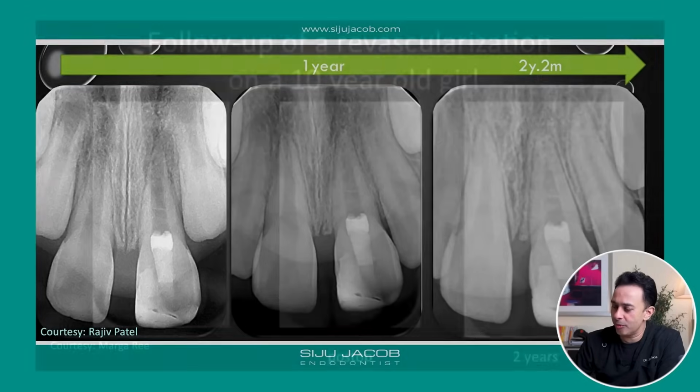But on the other hand, you can also get failures, okay? And this is from a very good clinician, Marga Ree, a mentor rather than a friend, someone whom I look up to. Marga did a lot of revascularization cases, and she compared her follow-ups. She's someone who does a lot of recalls of her cases. So Marga had a lot of failures as well. She had successes, but she had failures as well.